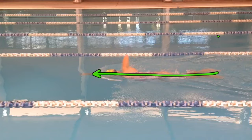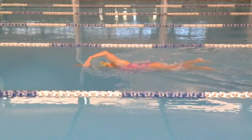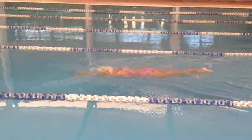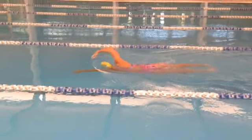The early head turn allows me to capture that most propulsive part of the stroke, so I get naturally a little bit of lift out of that, which allows me to take that small sip of air and return to my stroke with minimal disruption of balance, stability, or the timing of the cadence of the stroke, none of which